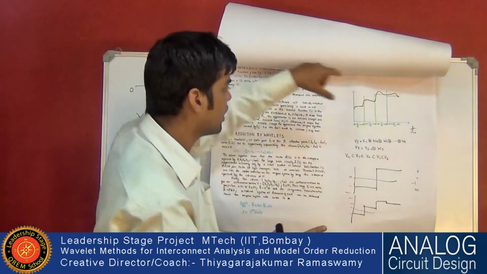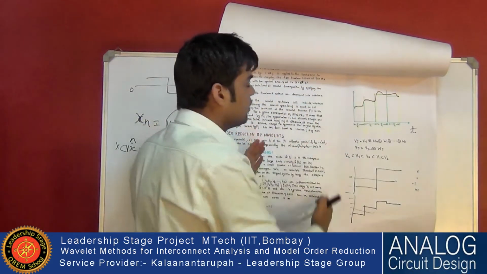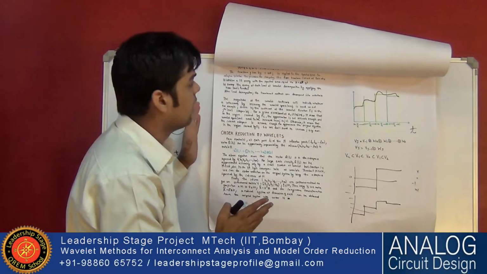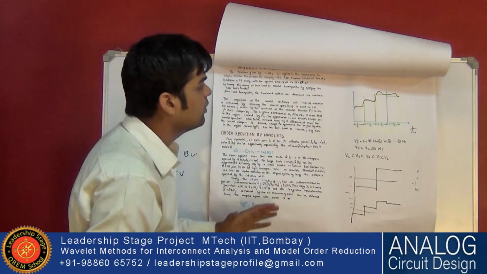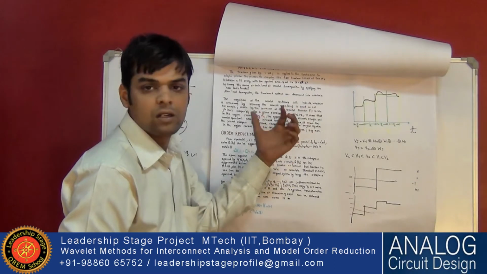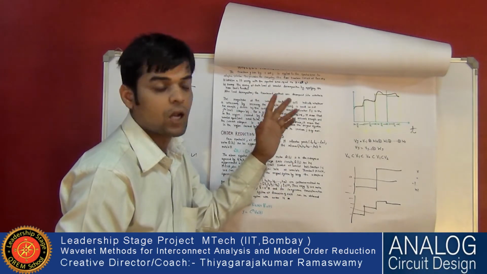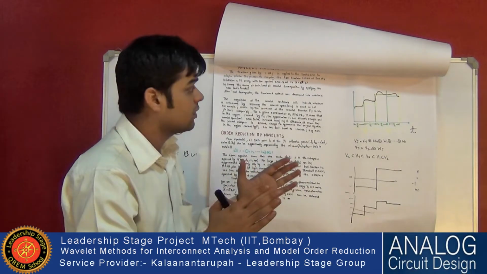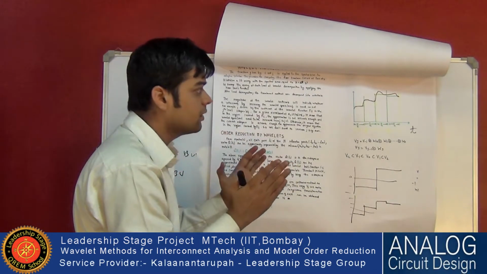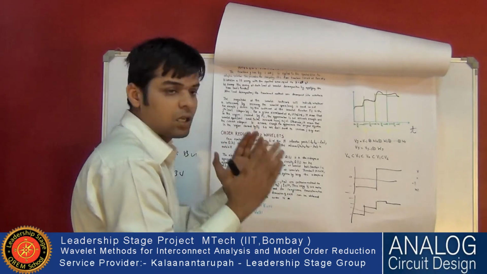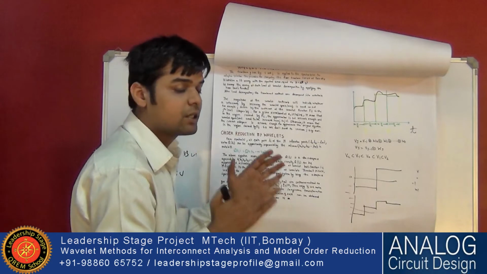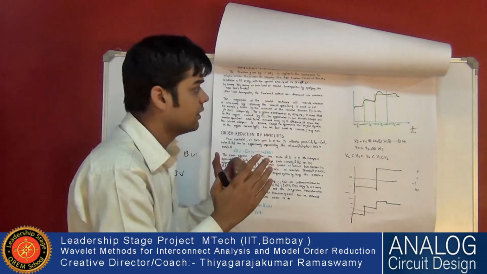Suppose this is a chart. You can divide it into 512 by 512 pixels. The same chart can now be divided into 1024 pixels. So there is some increment. There is one piece of information given by the 512 matrices, and there is one more piece of information given by the 1024 matrices.